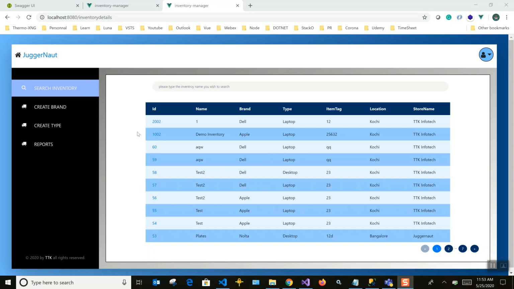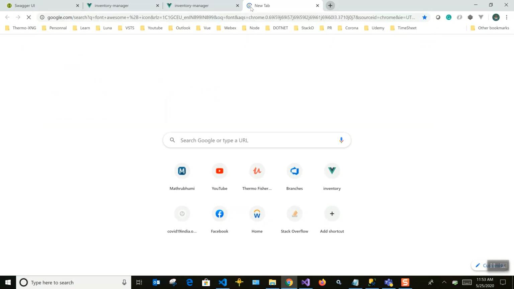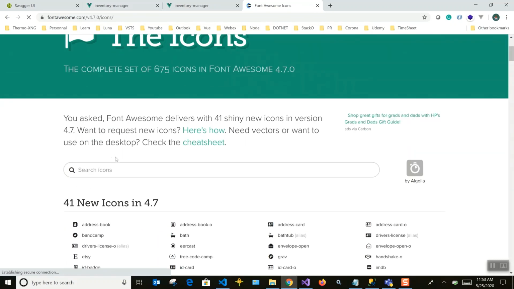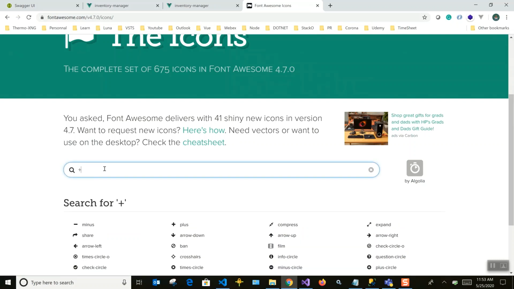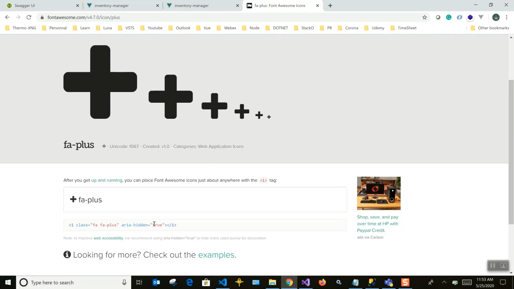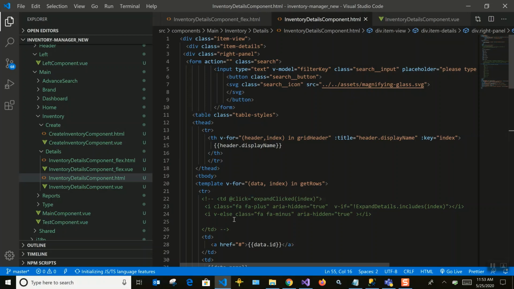The first thing we require is a plus or minus icon. There are many ways you can get icons; you can use SVGs or your own icons, but if you want to do it very easily, you can just go to Font Awesome. They have different sets of icons. You can include Font Awesome in your project, and once you include it, you can directly use the icon. I have Font Awesome integrated into my project, so I'll take the plus icon. Hope you are aware of how to add Font Awesome to your project. Please comment if you have any doubt on that part.